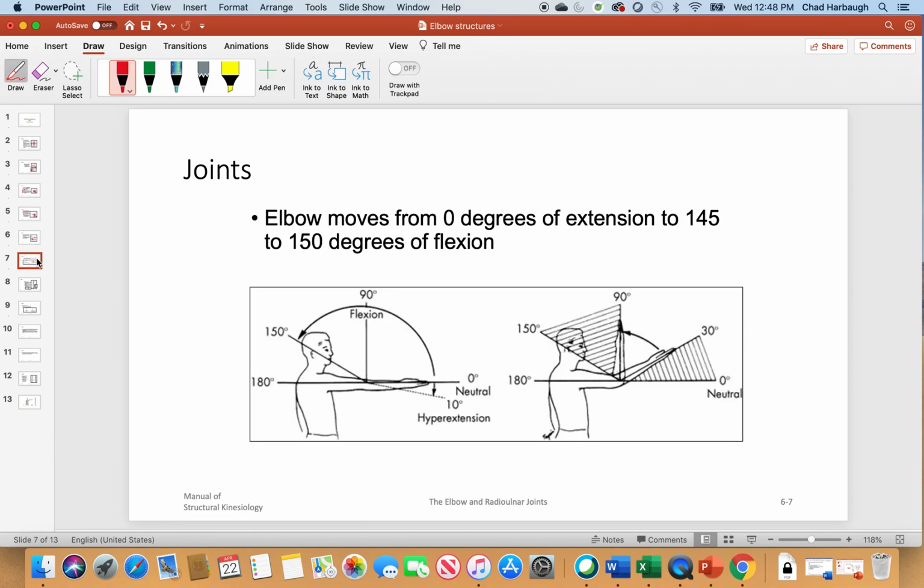So when we're looking at total flexion of the elbow, it should be roughly 150 degrees. One of the prime ways that we check flexion of the elbow is with an open hand: are you able to bring your thumb to the anterior surface of your deltoid? There are many factors that can decrease flexion of the elbow. If we see tightness through the triceps, or overdevelopment of the bicep, it can also reduce the total flexion